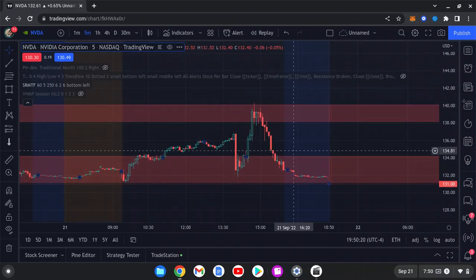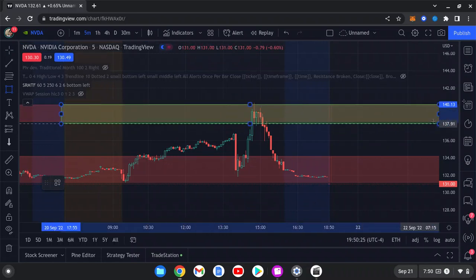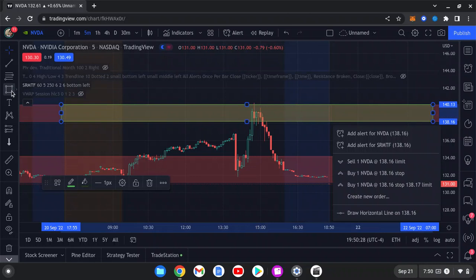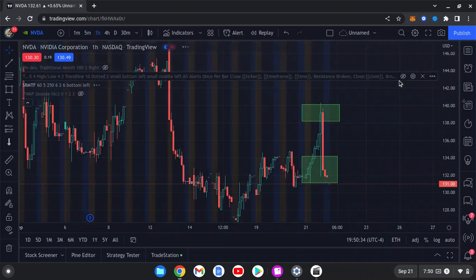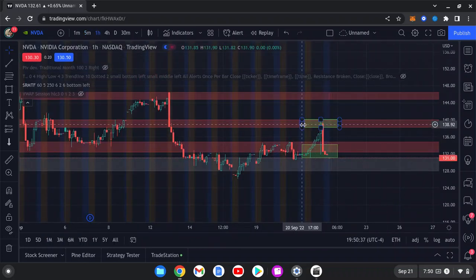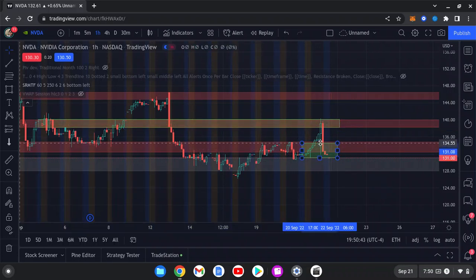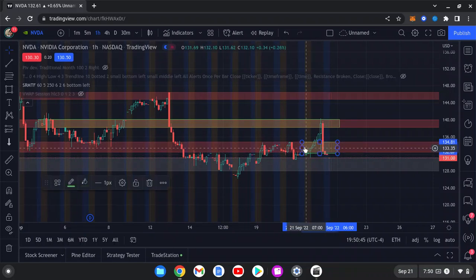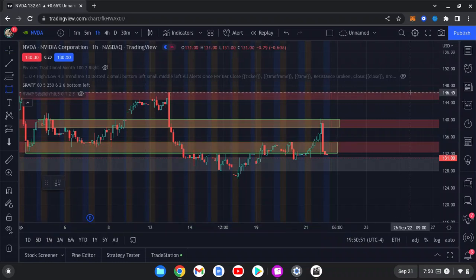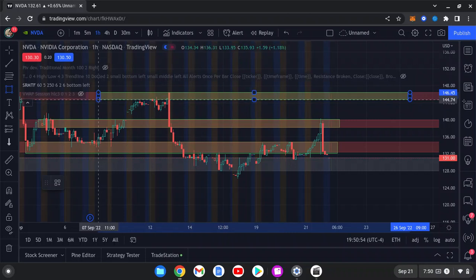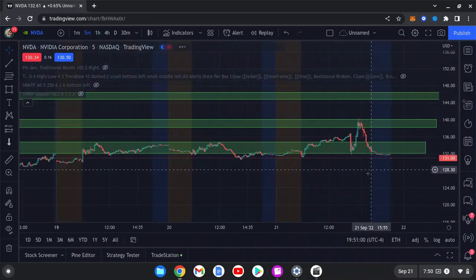So once we find these levels, I'm going to just highlight them because I've noticed sometimes they like to disappear. So let's go to our 1 hour and we can just highlight these levels, highlight these levels here, and maybe we'll go all the way up here as well. Okay, now we can turn this off and we can jump into our 5 minute